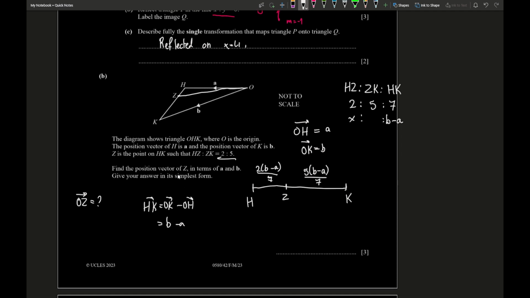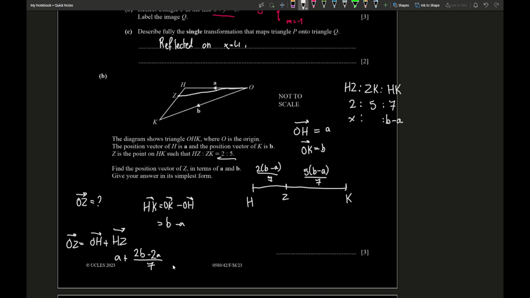Find the position vector of Z. How can we go from the origin to point Z? Well, we can move OH, then move HZ. So we write vector OZ is equal to OH plus HZ. We're already given OH is A, so A plus HZ, which we just found, is equal to 2B minus 2A, expanding right away, divided by